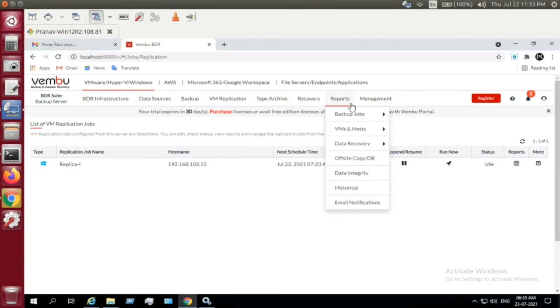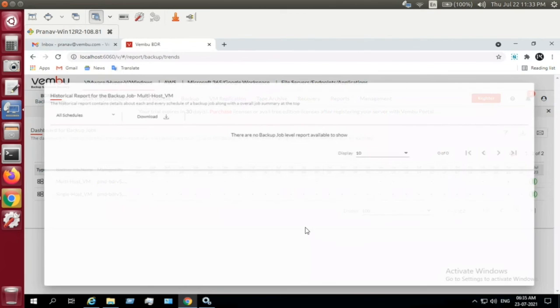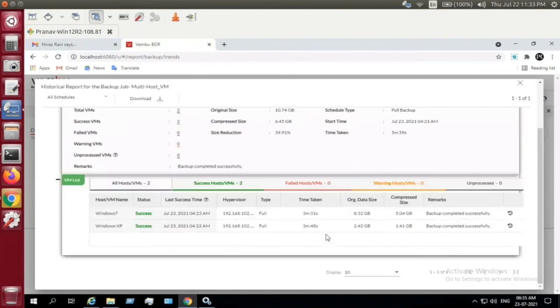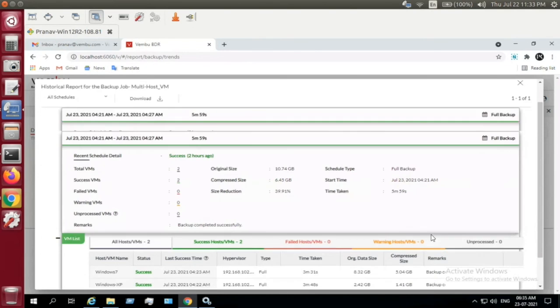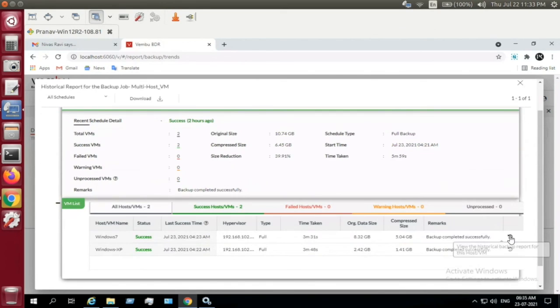Okay? And then you have reports. For each and every job you have reports. So you have your backup job reports where you can check on a dashboard level. And when you click on it, you will see the complete detail. So here, as you can see, the details are shown, and your compression rate, the original size and the compressed size in this storage repository, and the size of compression are all available. The next schedule time will also be available. You can also check the historical backups, that is your full backup and incremental details, from this session itself.